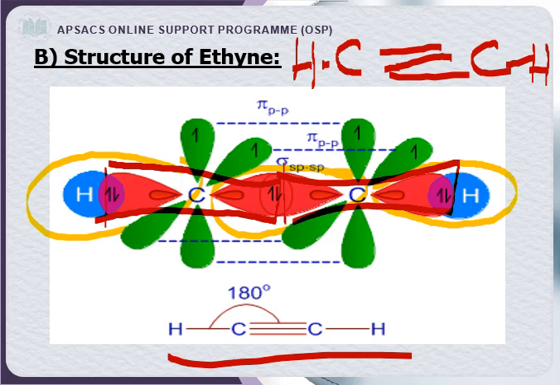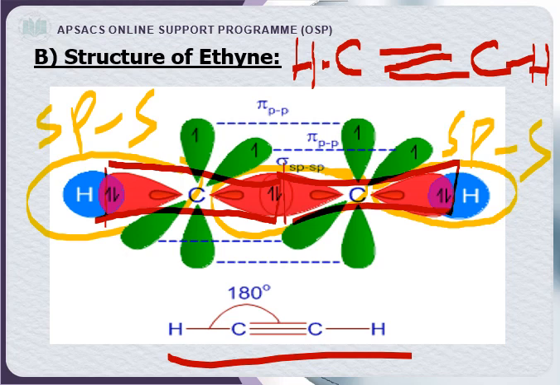So it is sp to s overlap. It is also a sigma bond formation. So in total in ethyne there are 3 sigma bonds,